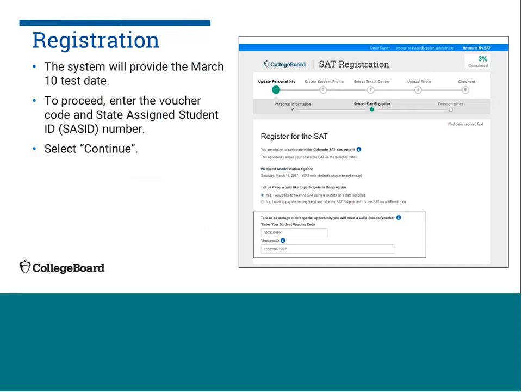The system will provide the March 10th test date to students, and so what they will do is simply enter in the voucher number that is printed on the voucher along with their student ID. The student ID will be a required number, which is why it's important for you to provide the state ID, the SACID, to the student with their voucher. Once they've entered both of those, they'll choose Continue,